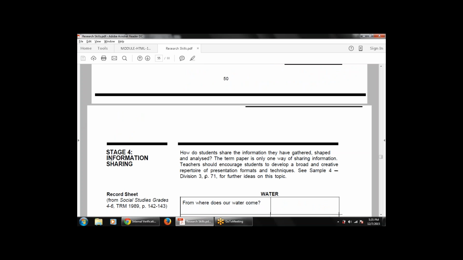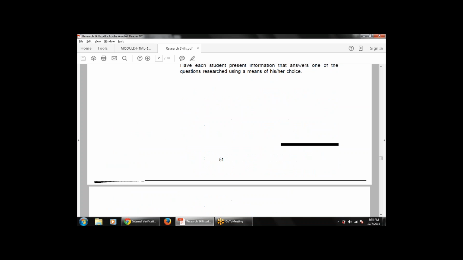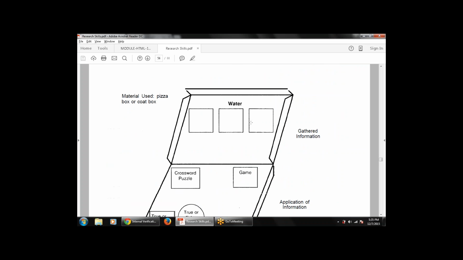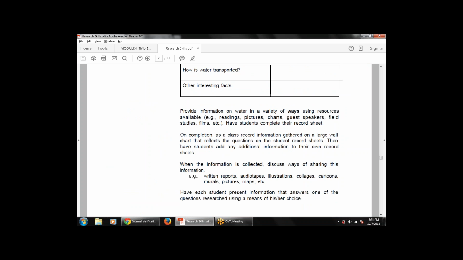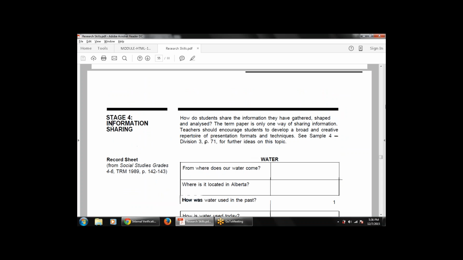Now stage number 4 is information sharing, which I am going to take in the next class, tomorrow's class. So today we have covered three stages: the planning, then information retrieval, which has multiple parts, then information gathering and processing, which also includes multiple parts. The next stage is information sharing, that is how we can share the information. There are multiple ways by which we can share the information. So that's all for today's session, and if there are any doubts or suggestions, you can either